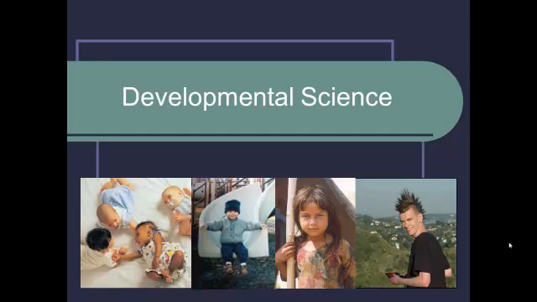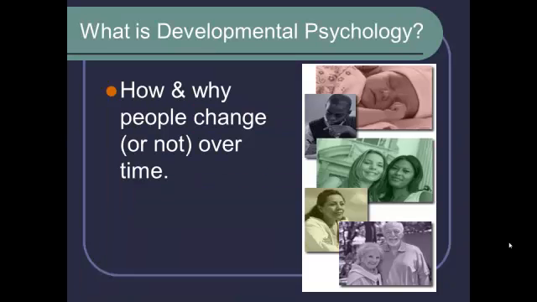This video is about developmental science, which will include some of the techniques that we use within developmental science or developmental psychology to understand how people change. Because developmental psychology is fundamentally the study of how and why people change, or in some cases don't change, over time. There are three major types of research in developmental psychology,